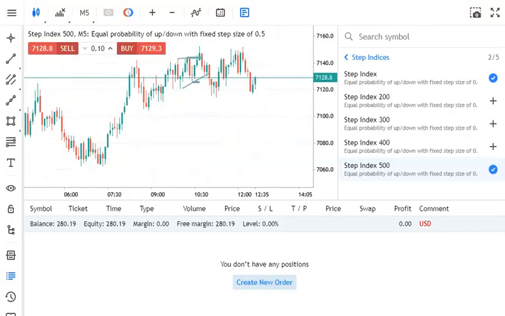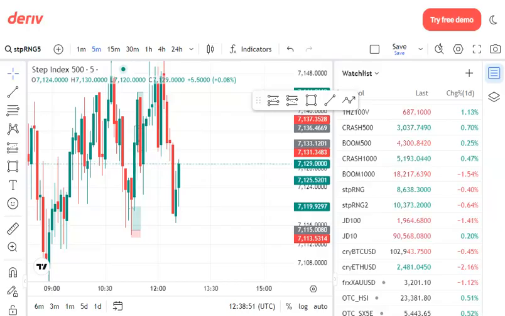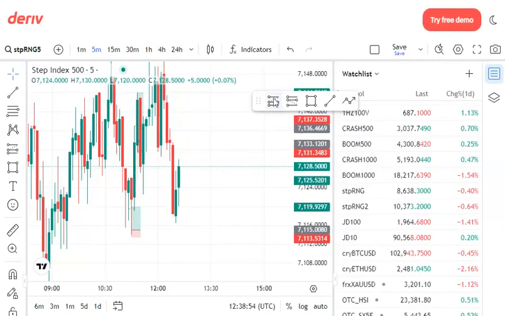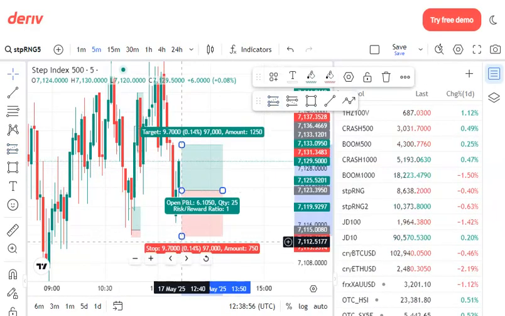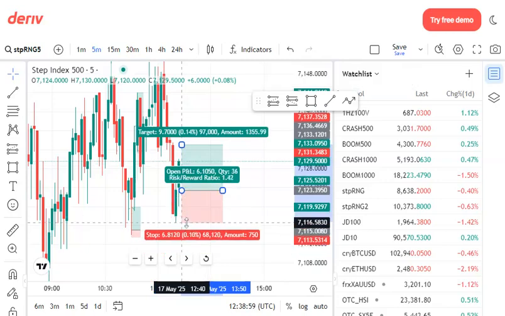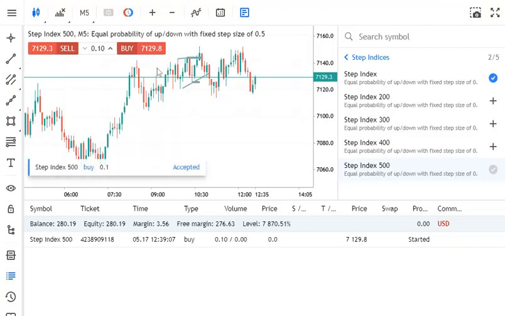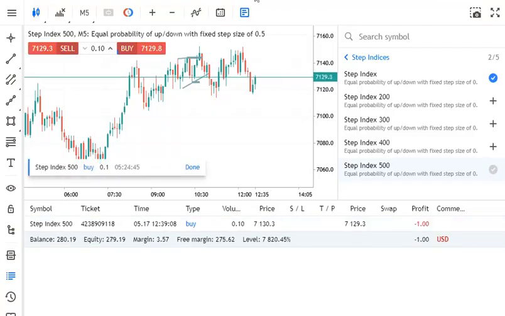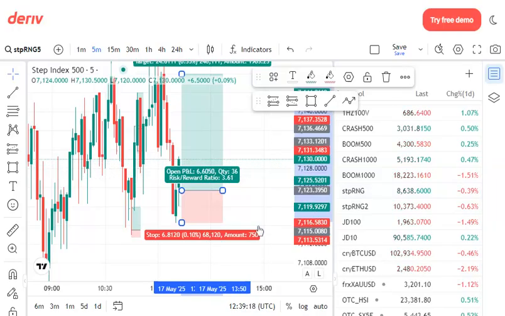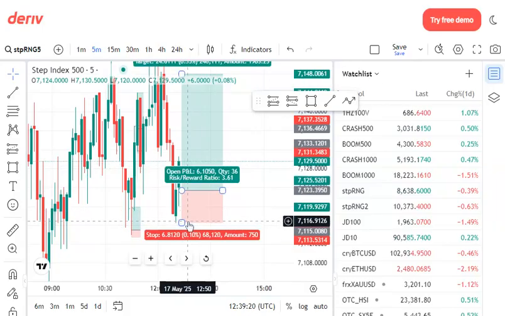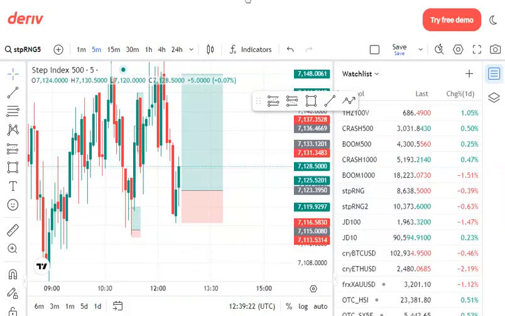And here we go. We're going to start by analyzing our market here. 1 is to 3. 1 minute can be really distracting. Let's just stick to plans, trade according to plan. $280 is not a small money. You can see we just bought, and our stop loss according to TradingView is we're risking $6.8, but